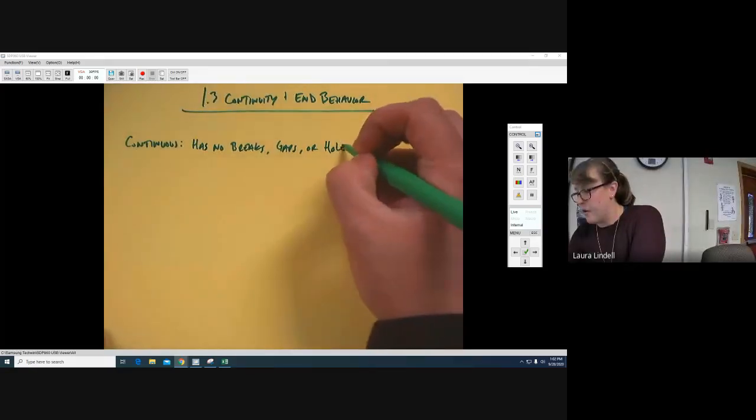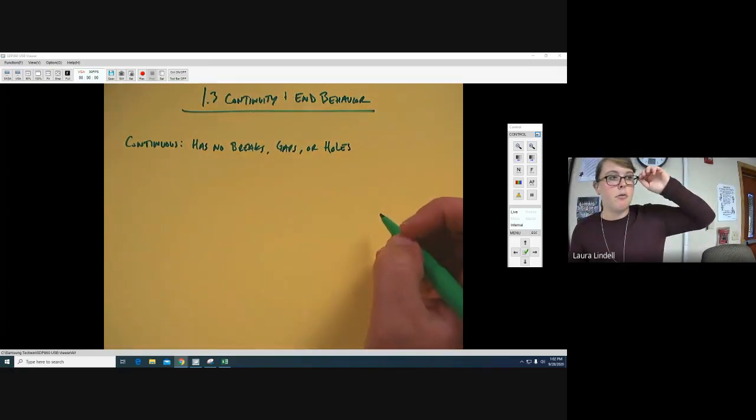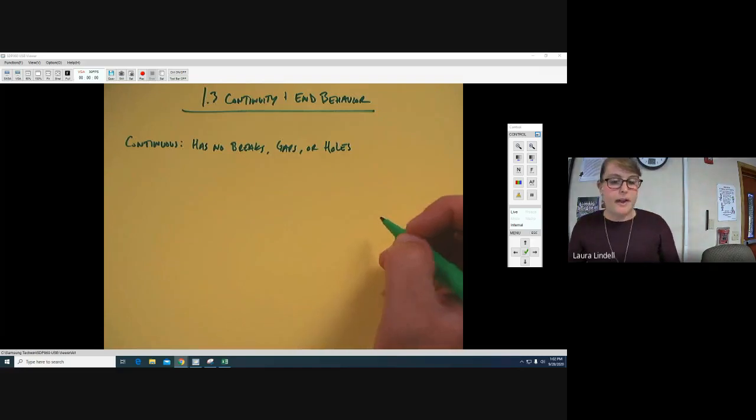Okay. So talking continuity and behavior today, continuous functions have no breaks, gaps, or holes. And the idea is that you could, oh,